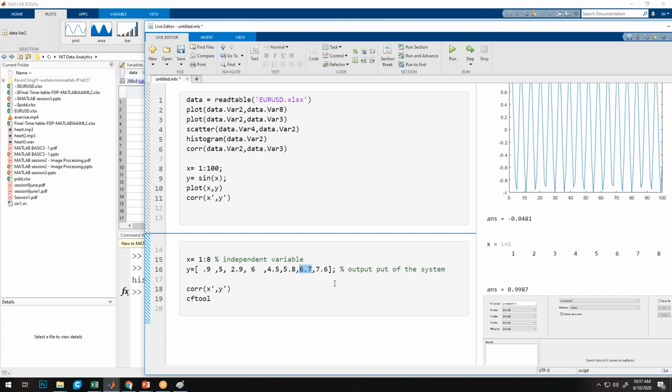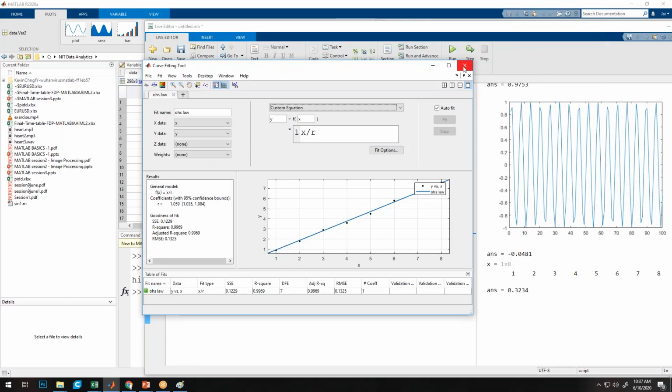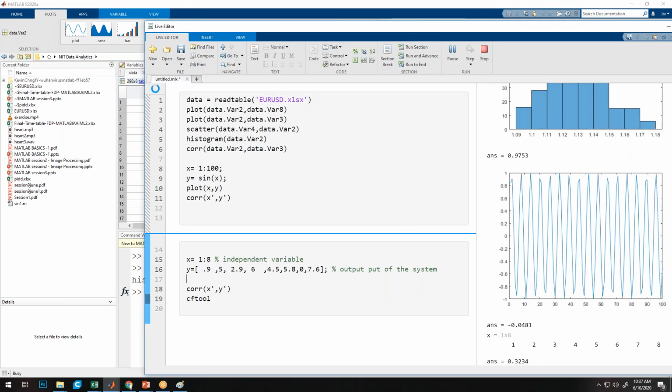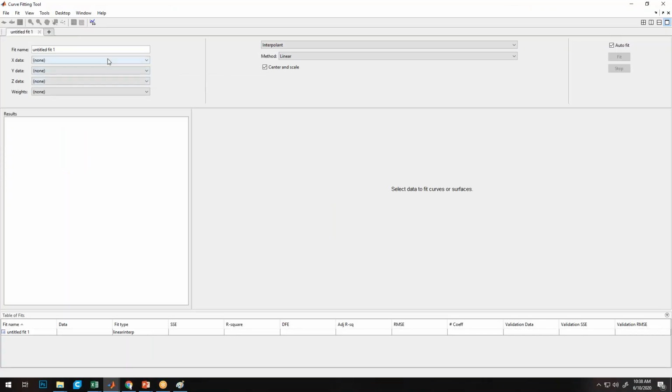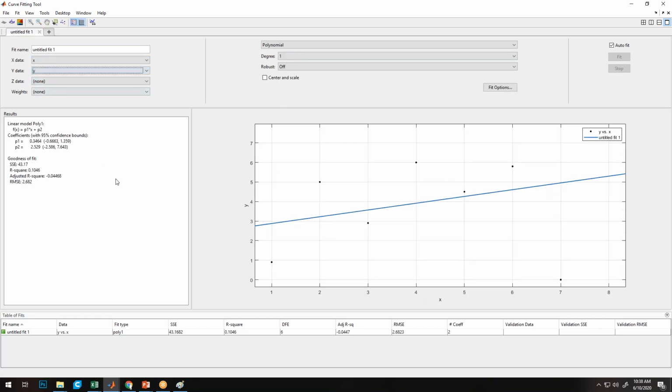Okay, now I'll run this equation. Cancel, no, and run the section again. So in X data, we will load X1, and in Y data, we will load Y.